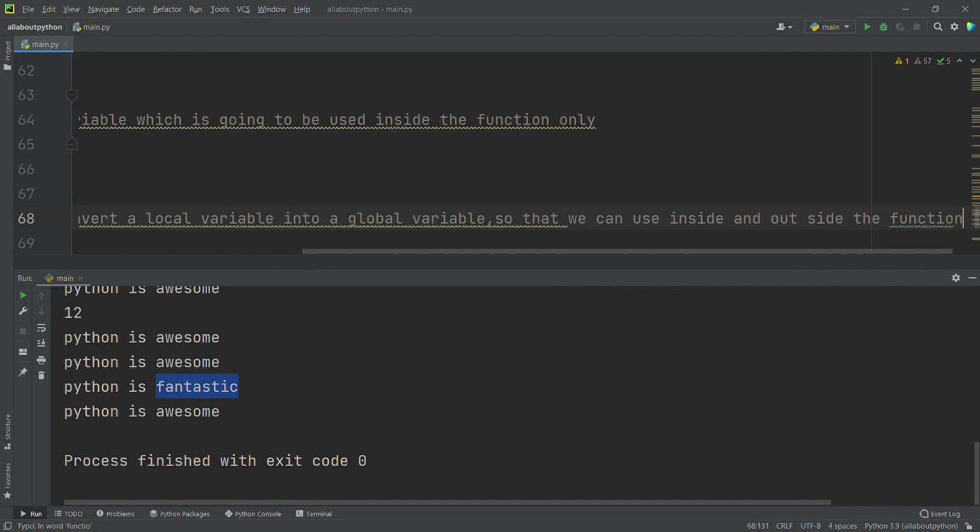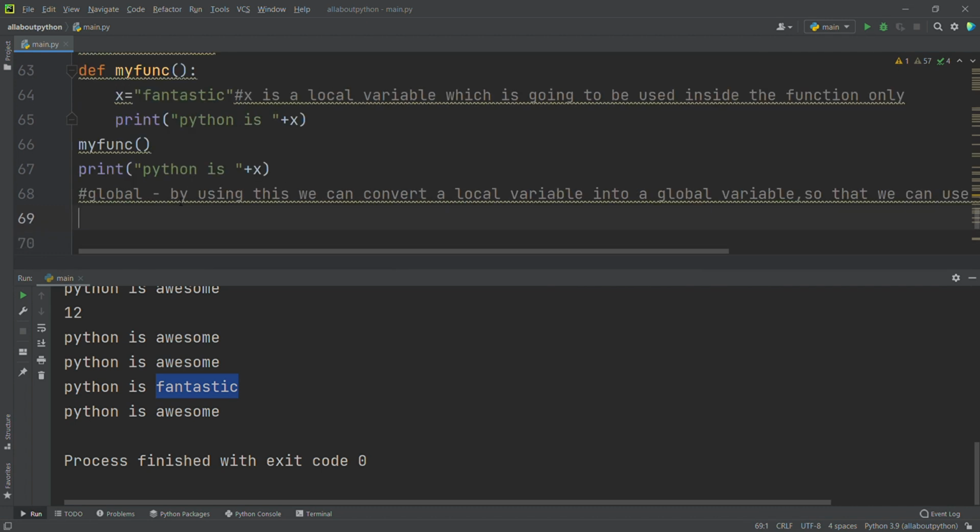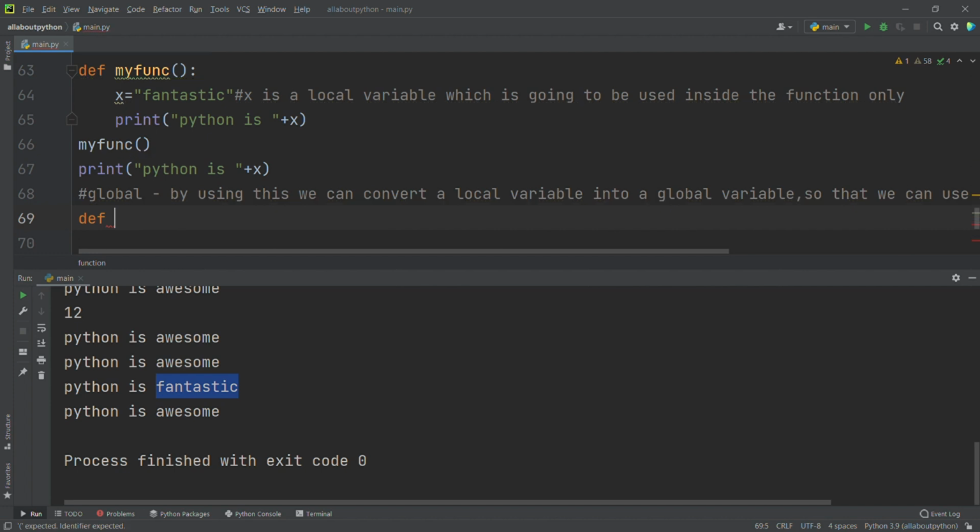Now we'll do it with this method, by using global.